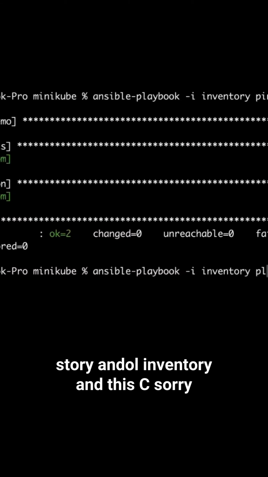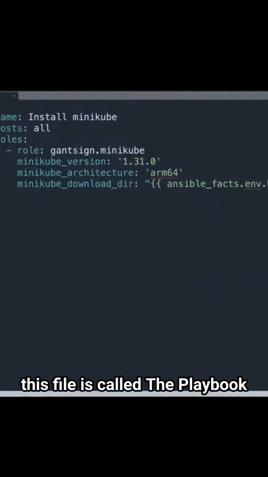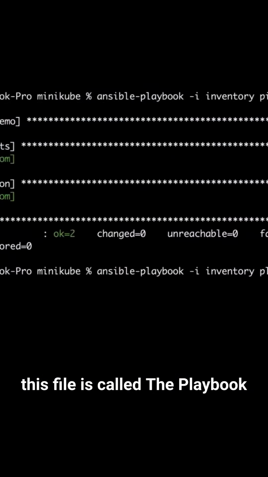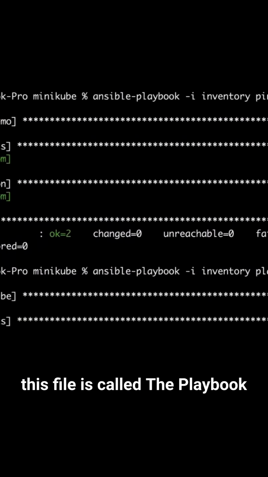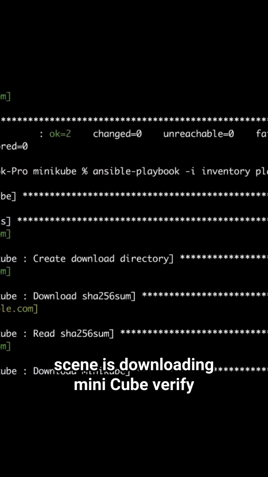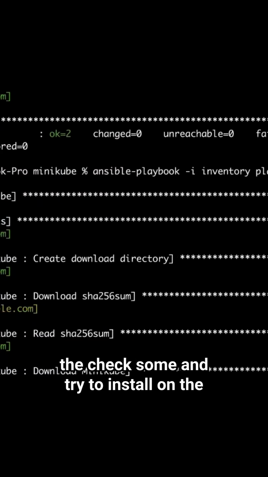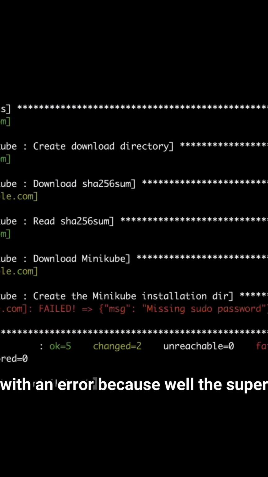Ansible inventory, and this file is called playbook.yml. So what it's going to do behind the scenes is download Minikube, verify the checksum, and try to install it on the target machine. We're going to end up with an error because, well, the super